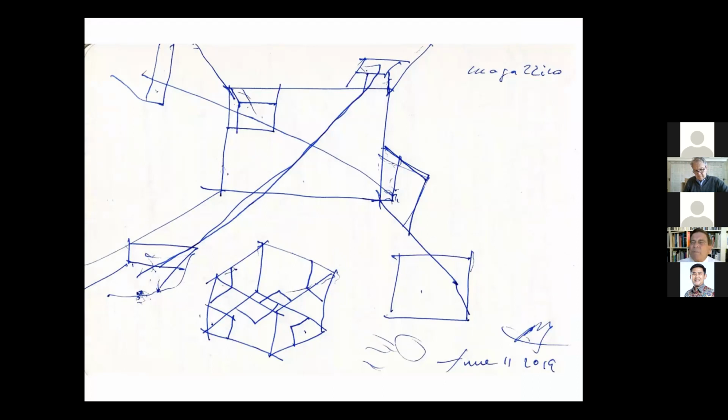I like to speak when they say, "Oh, Mr. Campo Baeza, you are the architect of the light." No, the light for an architect is like the air for music. Could you imagine someone saying, "Oh, Mr. Beethoven, you are the music of the air"? No, the air is necessary to music. Light is necessary, and the light is also tuning, like a musical instrument, tuning the space. And this is the idea.